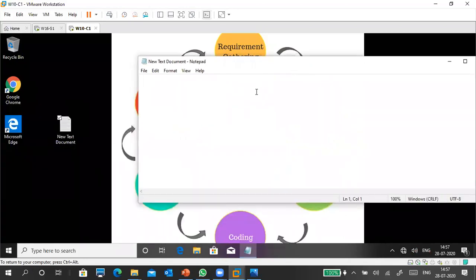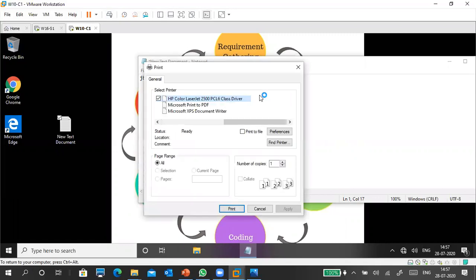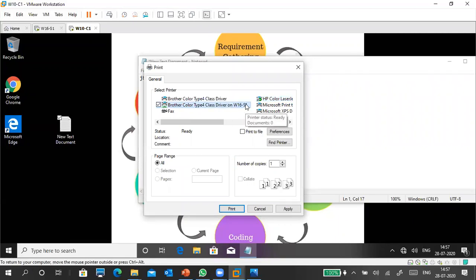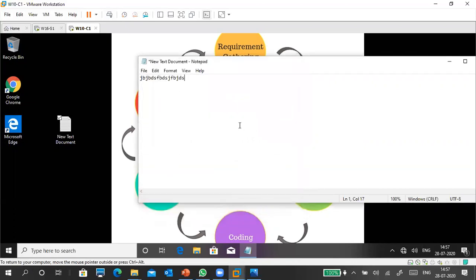Okay, Control P. I want to see whether the printer is showing here or not. Okay, that is not our printer. This is our printer. Can you see? Printer is there. On W16S1, it is there. Can you see on W16S1? The printer is there. And another one is